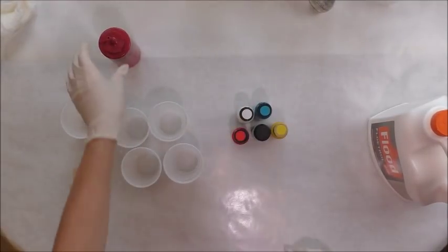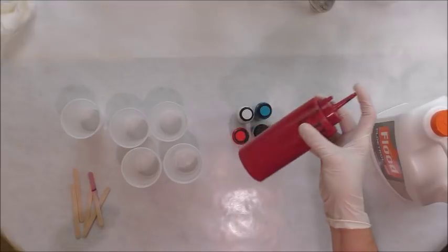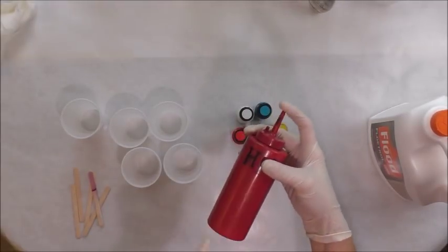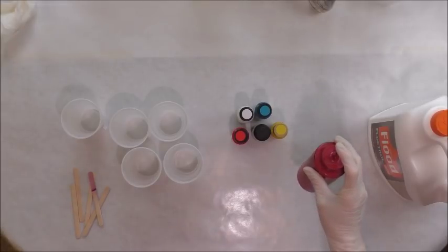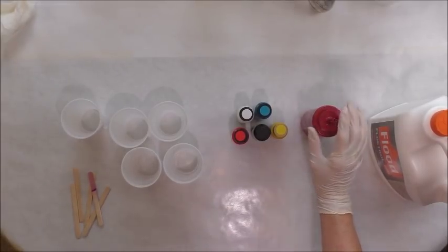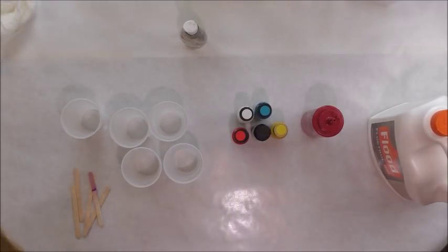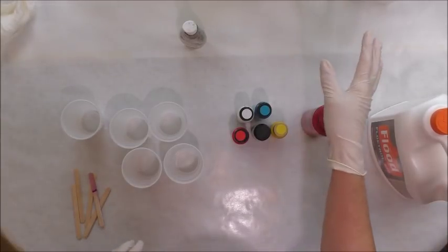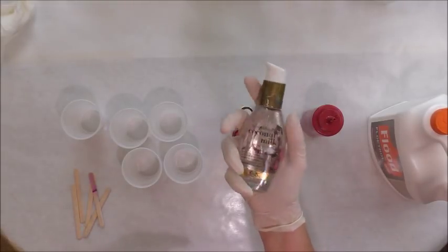Got my gloves on, and then I've got water in the bottle here with about 10% of Floetrol in this as well. It just helps everything mix up a little bit better that way. And I think I might do 1 pour without anything added to it. No silicone, no OGX, nothing. And then the other 3, I'm going to use my OGX, which is what I love, love, love, because it